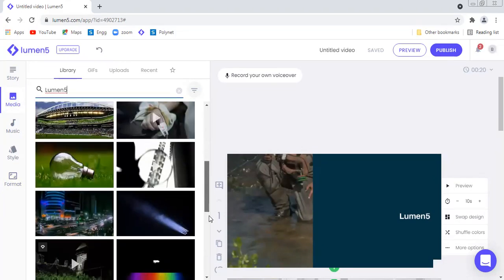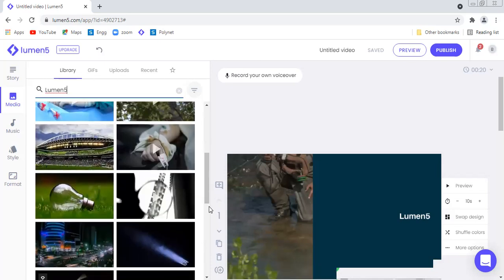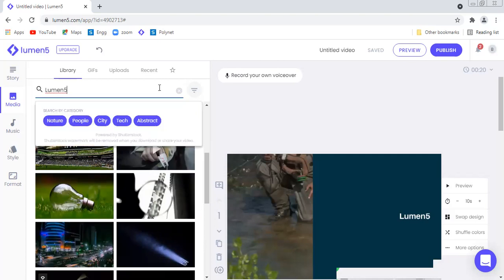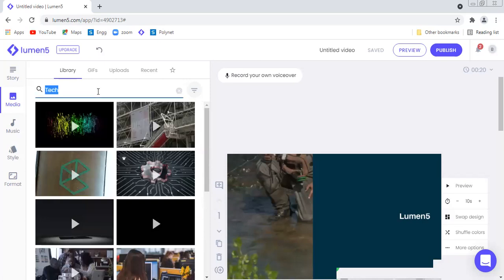Again, the media suggested may not be suitable or appropriate, so accordingly you just have to go on refining. Now if you click on the particular word, you can see that search by category, so it suggests the category also. Suppose if Lumenfy is related to technology, then I can select certain things related to technology.